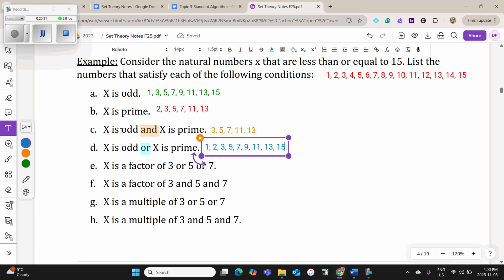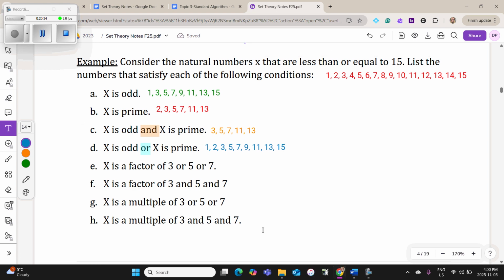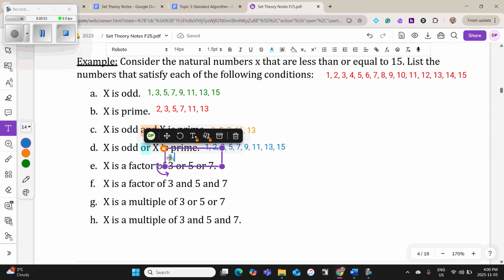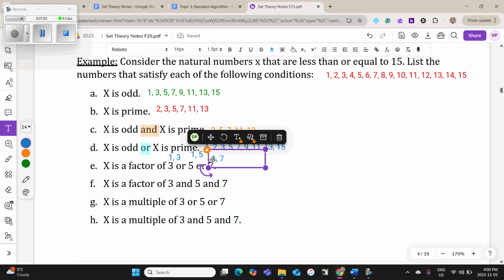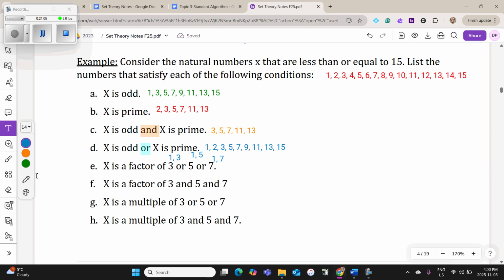Okay, now moving on to the word factor and multiples. So E says x is a factor of 3 or 5 or 7. Remember that factor means they multiply to those numbers. So the factors of 3, I'll just list them above, are 1 and 3. The factors of 5 are 1 and 5 because they multiply to 5. And then the factors of 7 are just 1 and 7. So because that word or is being used,